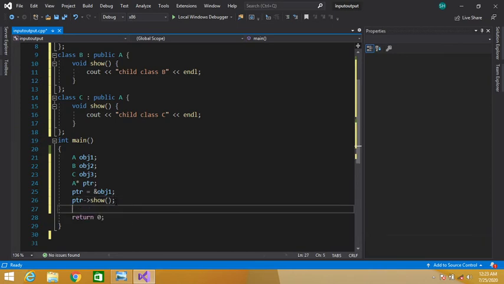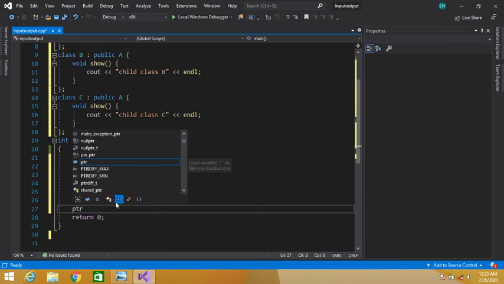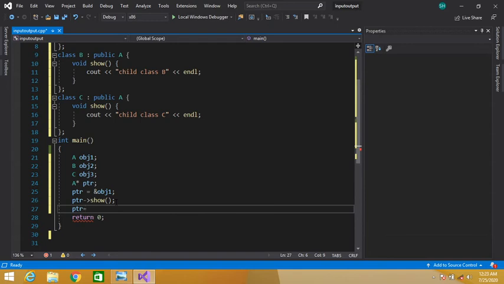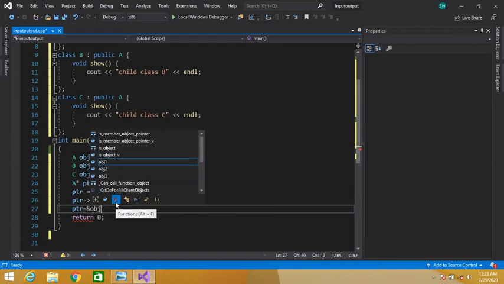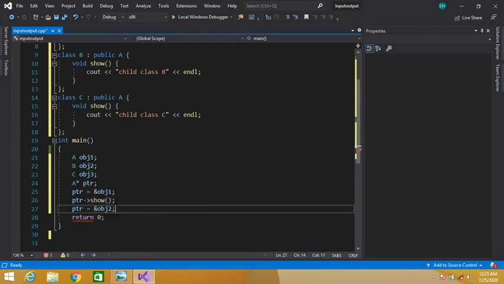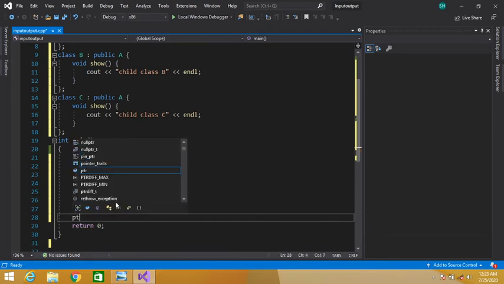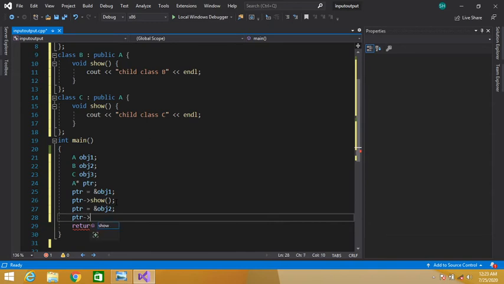Now let's copy the address of our object into our ptr and again call our function using the member access operator, show function.